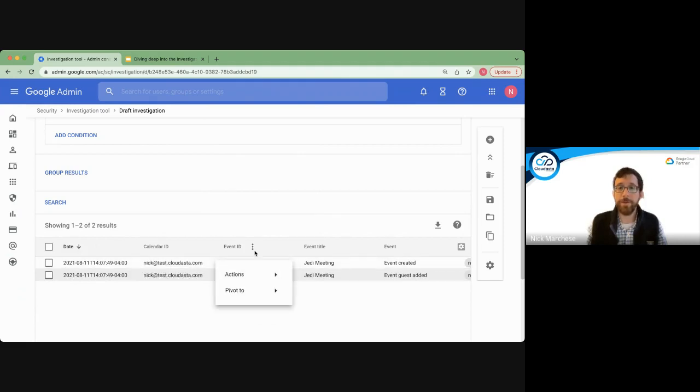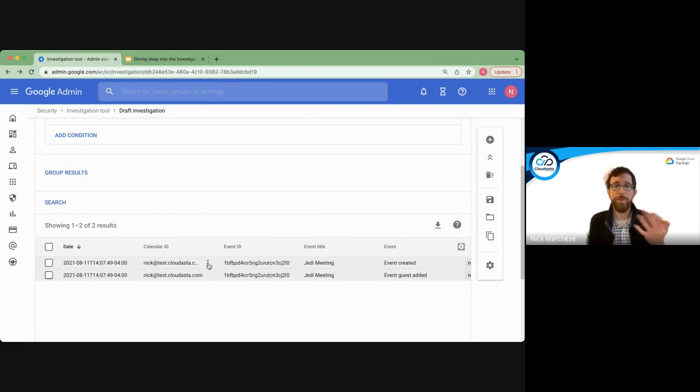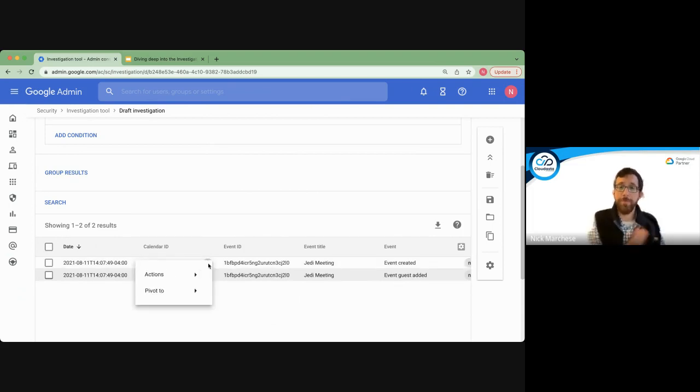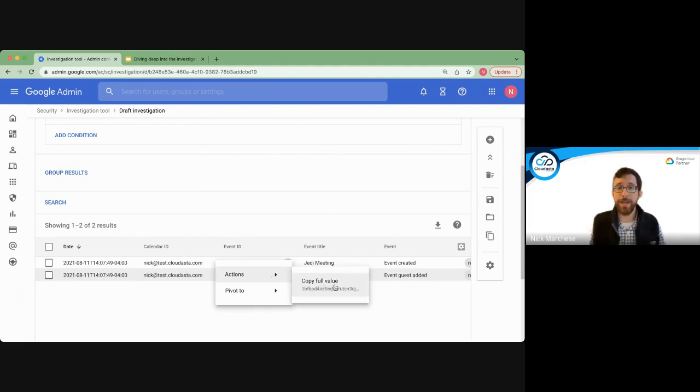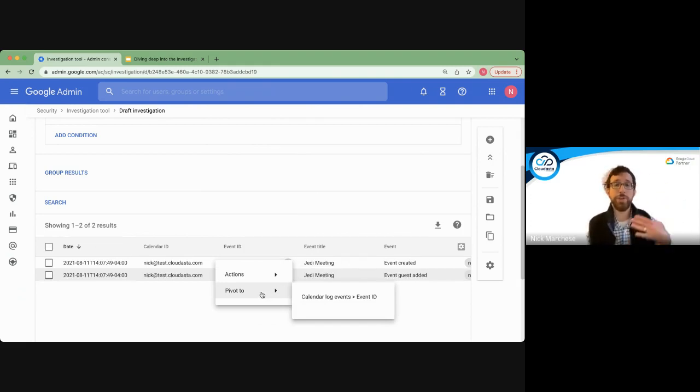A couple of other things to look at. We're going to get more into this in a moment, but for all the things in the investigation tool, you have the ability to have actions or to pivot. For example, an action would be if I went to my event ID, I can go to actions and copy that value. That's not going to be super helpful for me. It'll be really helpful in a moment when we do something beyond calendar, but I'm just showing you where that lives. And then the pivot gives the ability to create a new search automatically with that information,